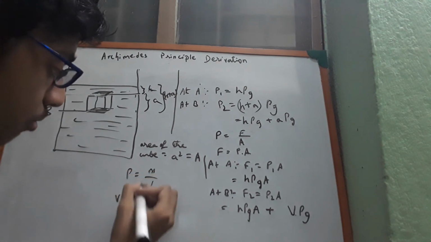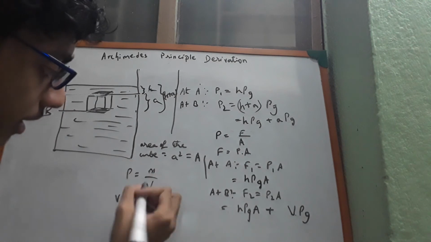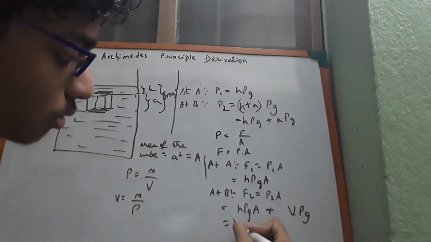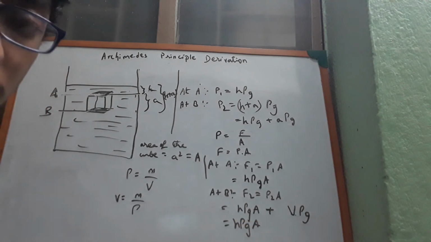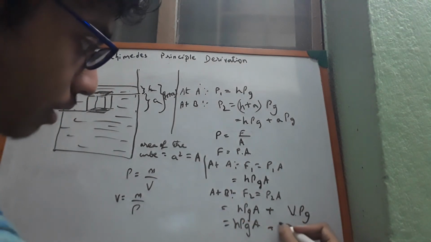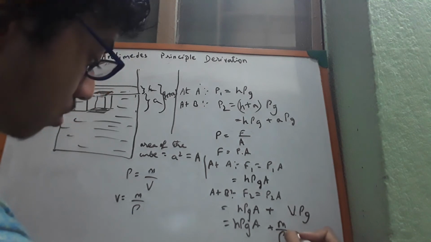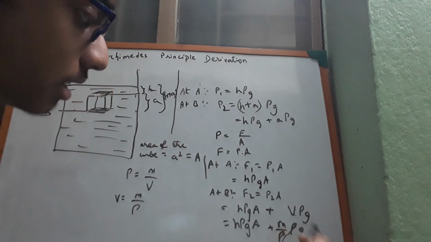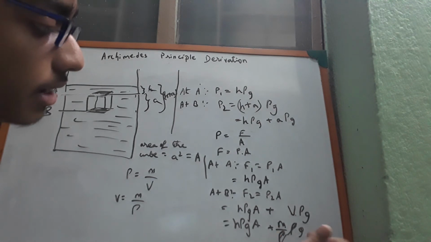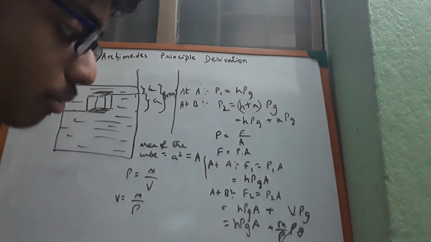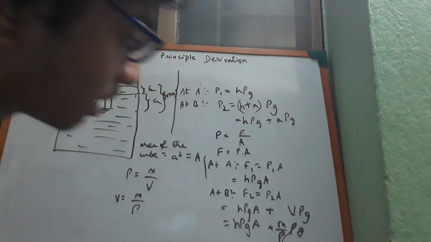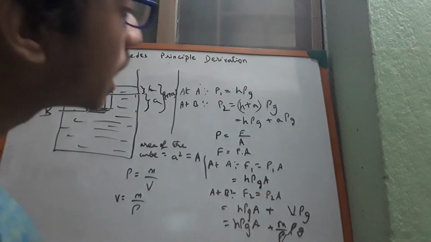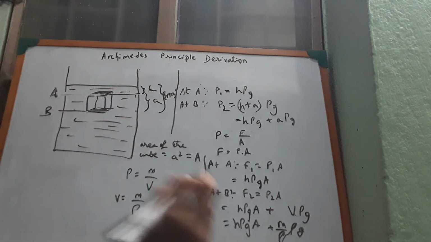Okay, so rho is the density, which is mass by volume. So what is volume? Volume can be written in terms of mass and density, as m over rho. So this can also be written as h rho g A plus, in place of V we will write m over rho times rho g. So the rho's will just get cancelled, mg. So now what here is mg? Mg is the weight of what? g is just the acceleration due to gravity. So here m basically corresponds to...